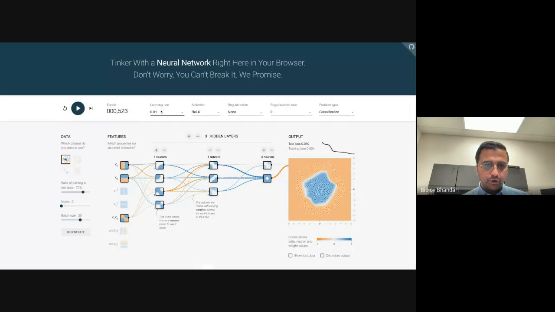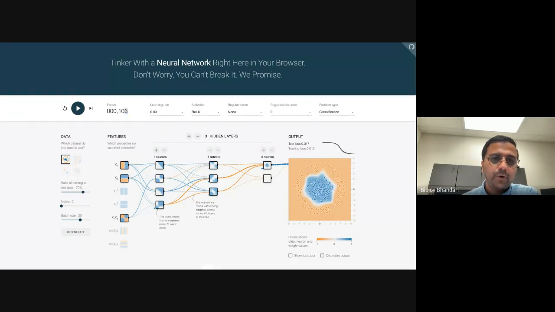So next, I'm just going to change our learning rate here, and I'm going to restart the training. And you see that it takes only about 100 epochs to come up with that classification that we saw before. So again, the learning rate plays an important role here. It's determining how big the steps it should be taking.